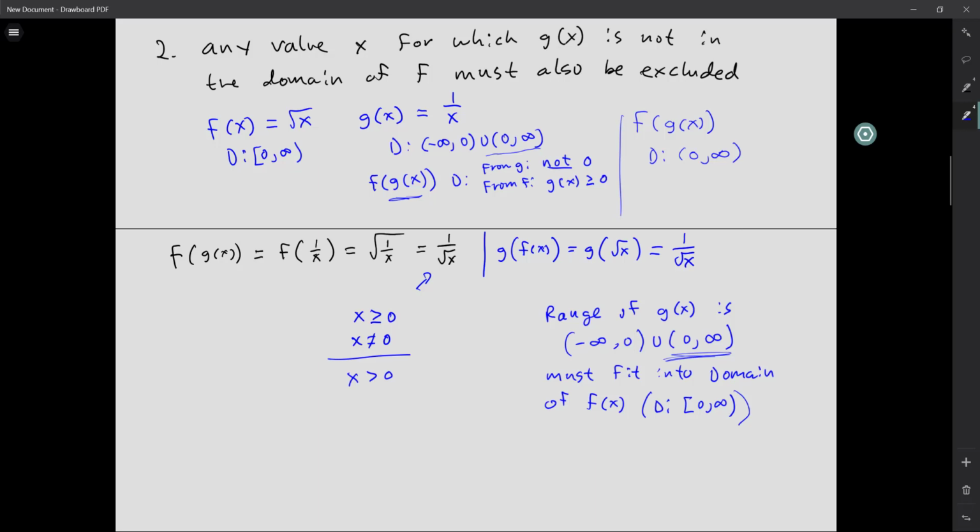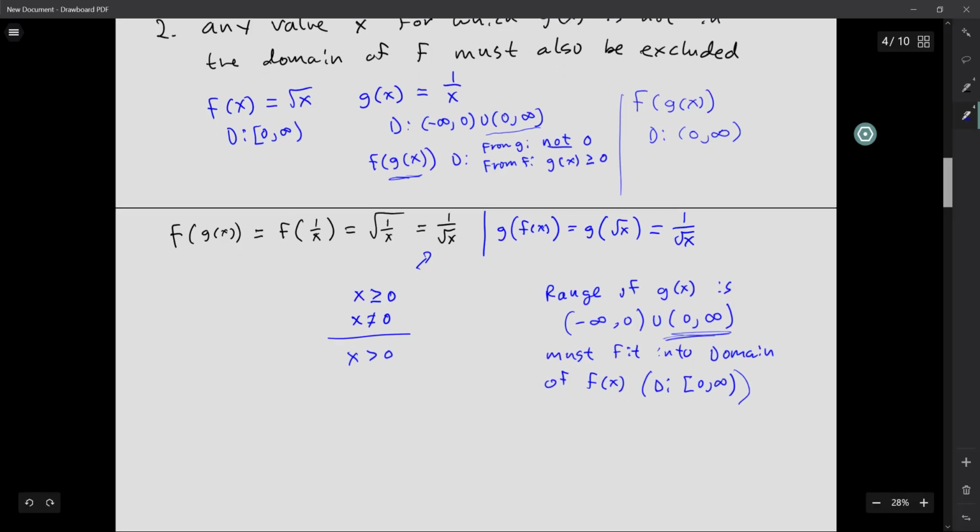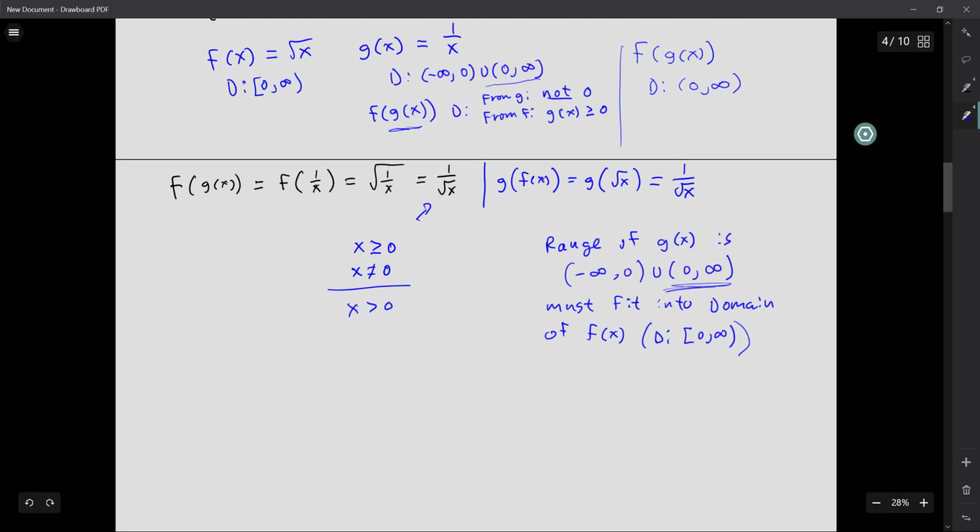because these are nice functions, square root of x and 1 over x, and if I have sufficiently complicated functions, it might not be this easy to analyze. If we flip this around, we can make the same kind of argument for g of f of x. From f of x, I would have to say, let's go ahead and write it actually, g of f of x,